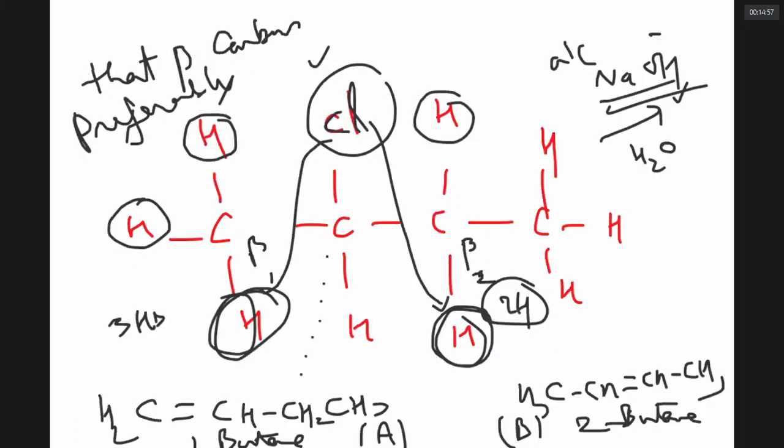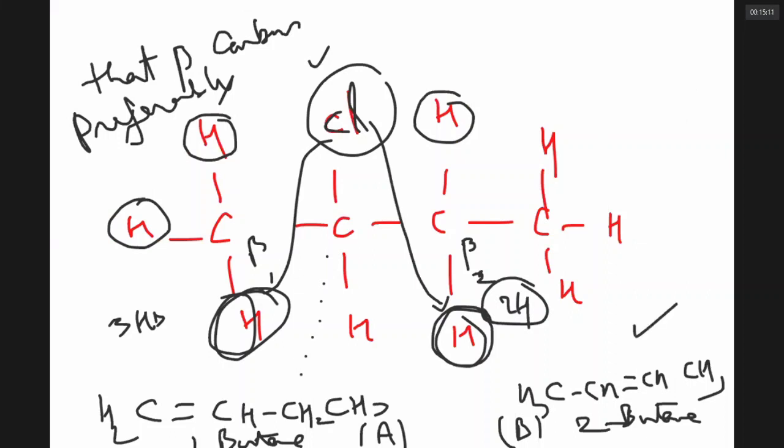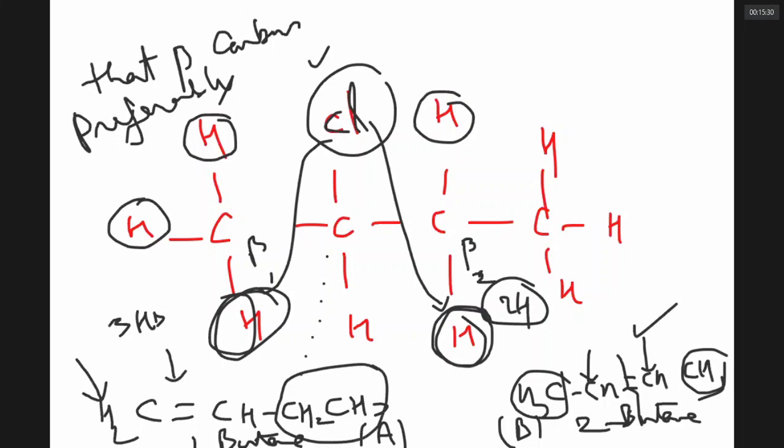In this case, between A and B, which is the major product? B is the major product. If you carefully see, B is an alkene where the double bond is centrally located. The carbons that are making the double bond both have methyl groups. If you see here, the carbon that has the double bond, on one side there are only hydrogens, only an alkyl group is there on one side.